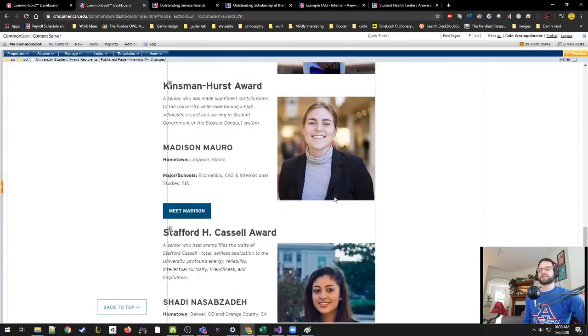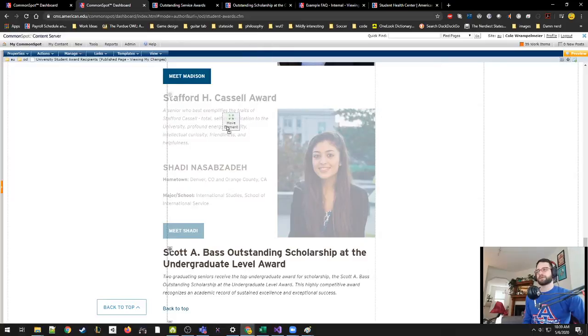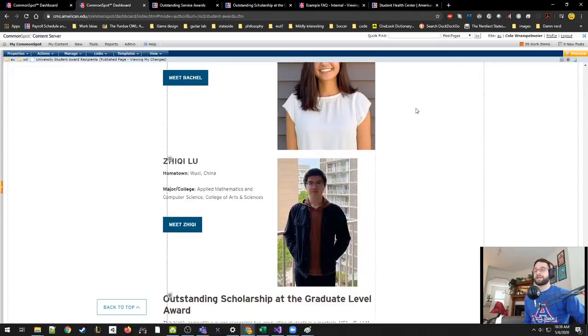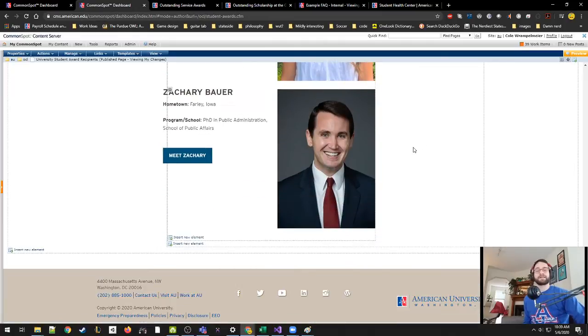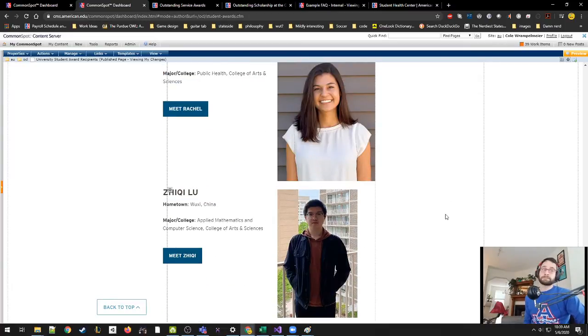Moving this many elements on the page, because even if you go to this move element, I can't scroll, right? Hopefully that didn't actually move it. And then you also have the problem that every time you make an edit, the page has to reload. Well, sometimes that can take up to 5 minutes, right? And there's a lot of different elements here. So every little edit I'm making, every text change, every typo I'm fixing, every picture adjustment, that's